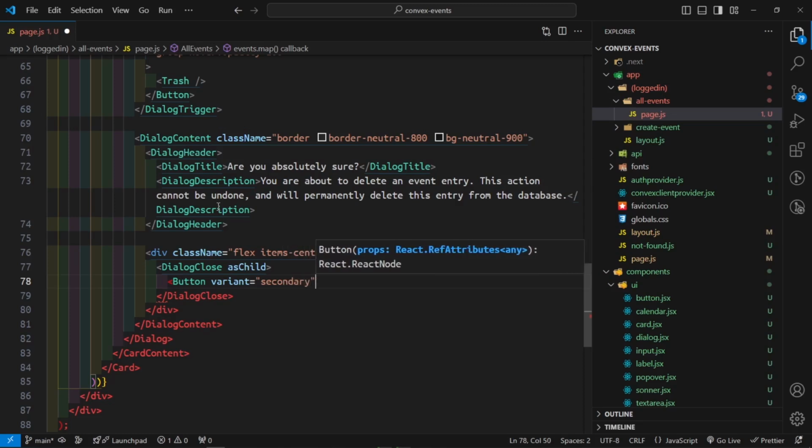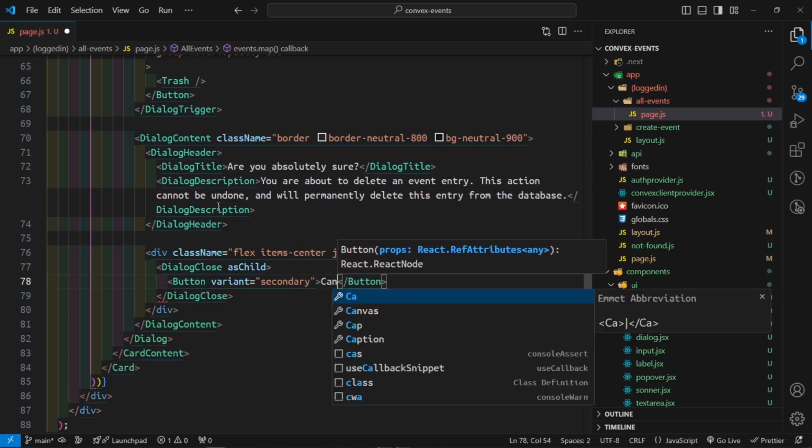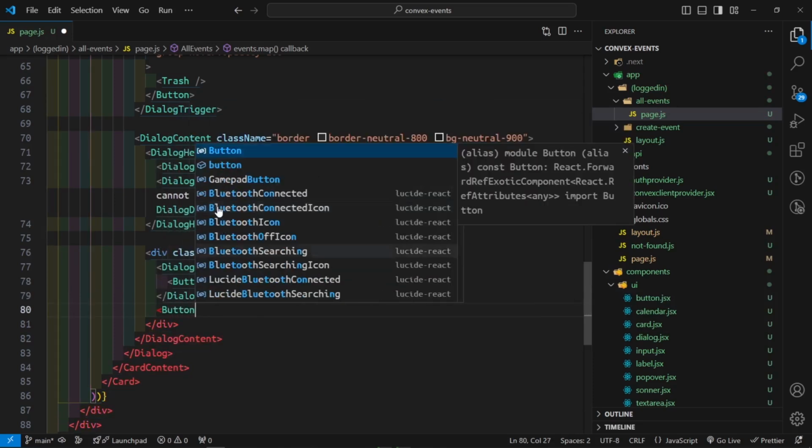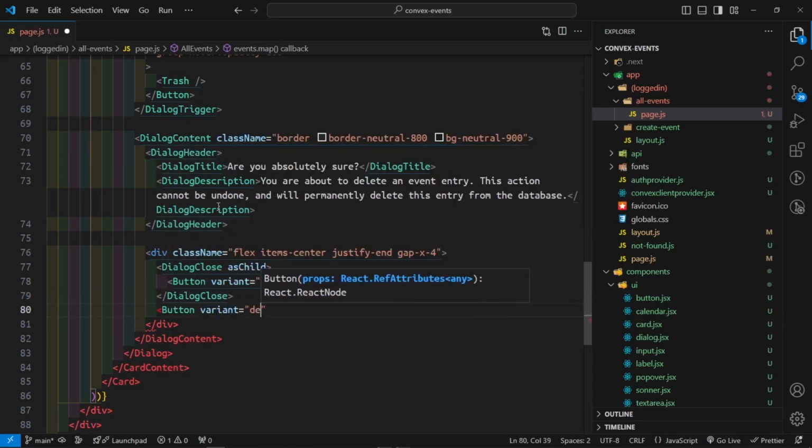Yes, because this is the cancel button, so the button says cancel. And then outside of this dialog close, we're going to have another button with the variant of destructive, and then the size for this is going to be small. I forgot to give this a size, so I mean, it doesn't really need to have a size of small, I think, because we haven't been using the size of small for any other button, so let's not use it